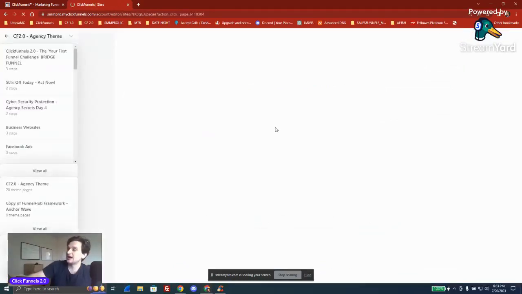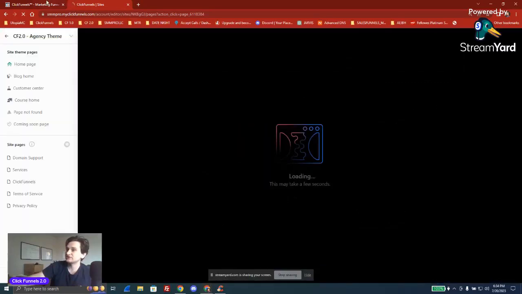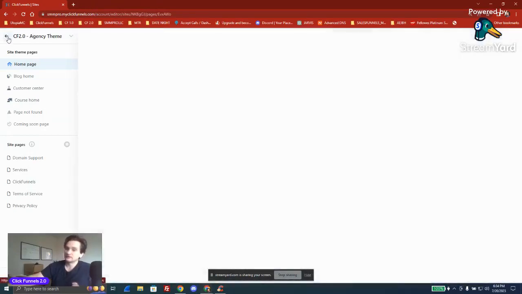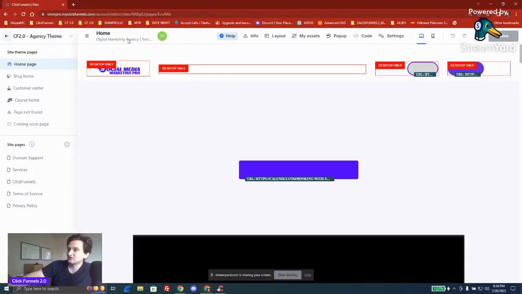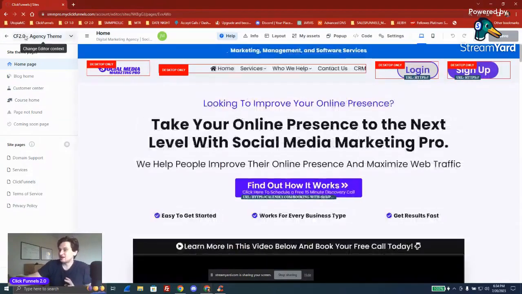So here I'm going to customize this, and I'm just going to click customize real quick so you can see how the theme is actually laid out. So this is the editor, okay? And you only want one theme on your account. If you install another theme, which you don't want to do, and I'm telling you from experience, you don't want to install multiple themes just to check out different themes,